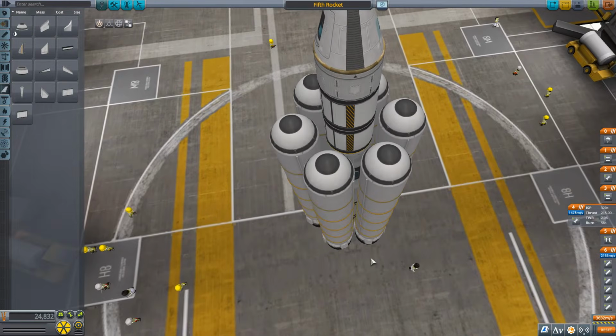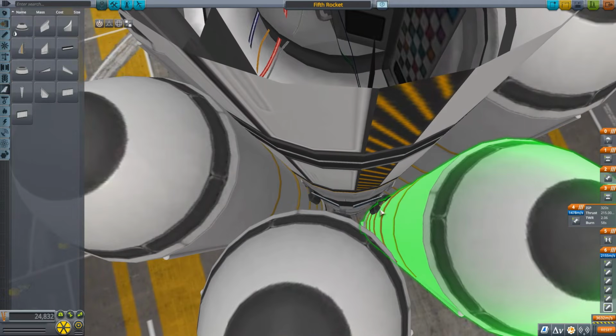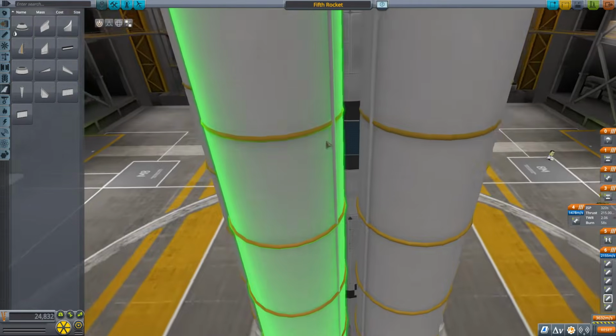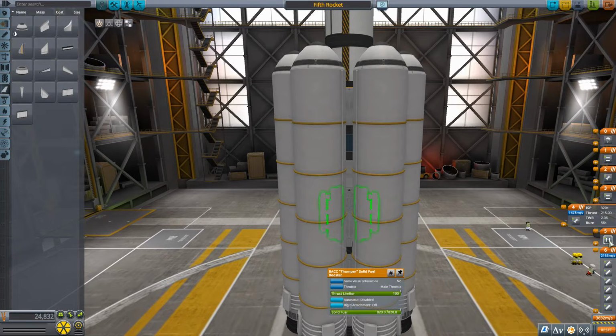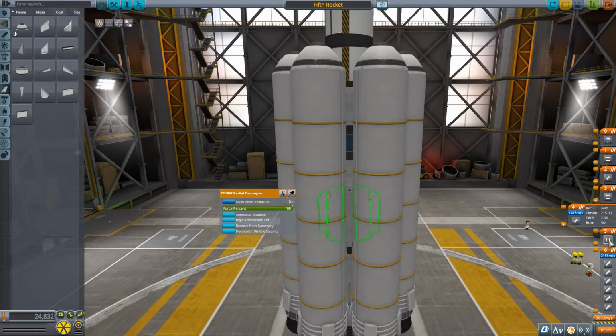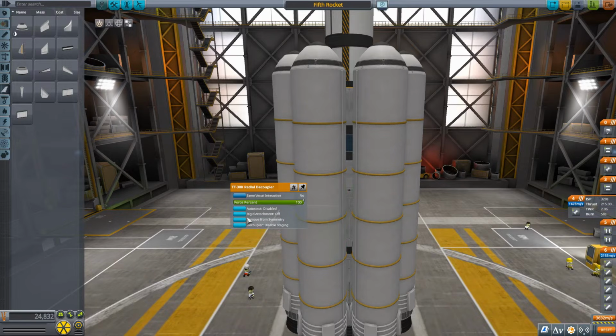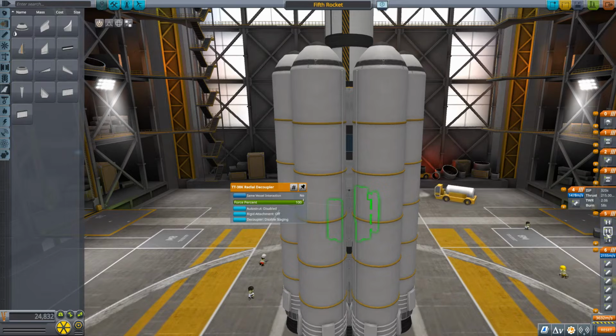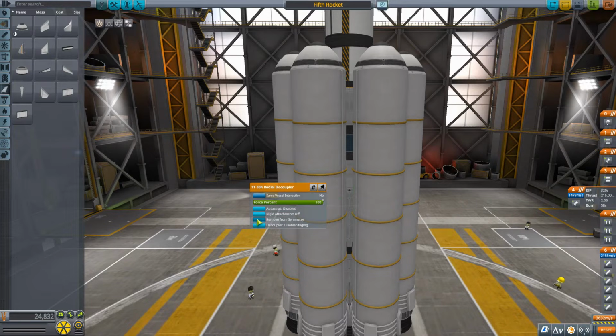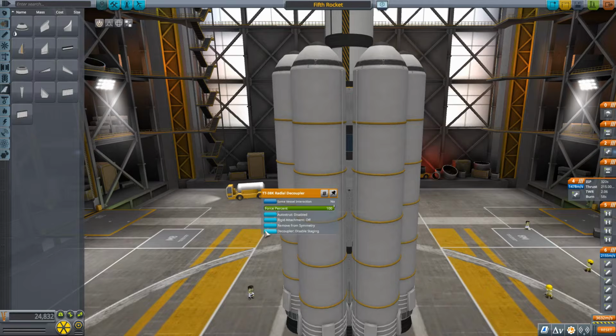Now, it's a little bit of a pain because the decouplers are kind of tucked in the middle of all of that. I could hunt them down and click on them that way, but you can also click on stuff from here. If I right click in the staging diagram, notice how that menu comes up, and we can also select remove symmetry from here. Notice that one's removed, and then I can go to this one and remove that symmetry, and then I can hit the one with the little 4 on it, remove that symmetry, and keep going until all of these are their own